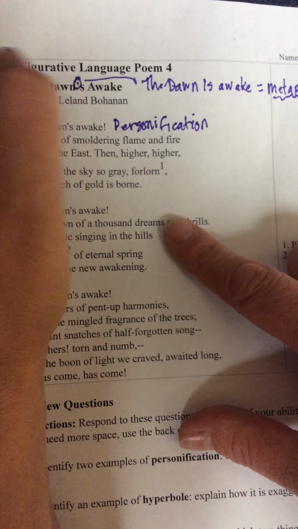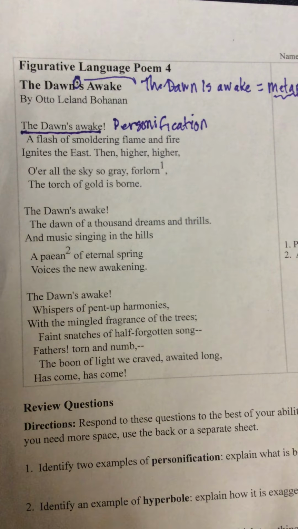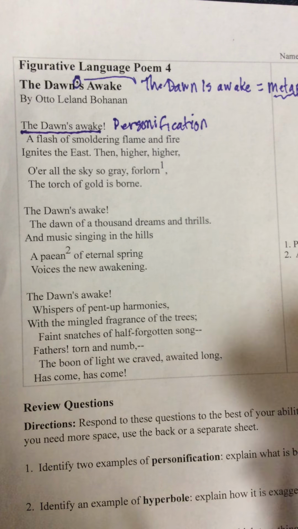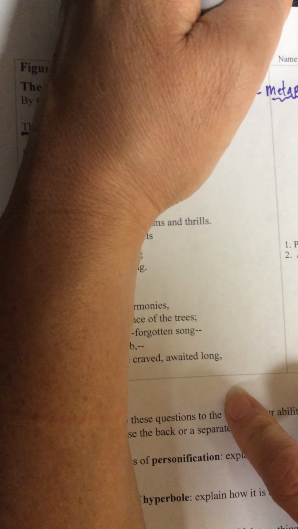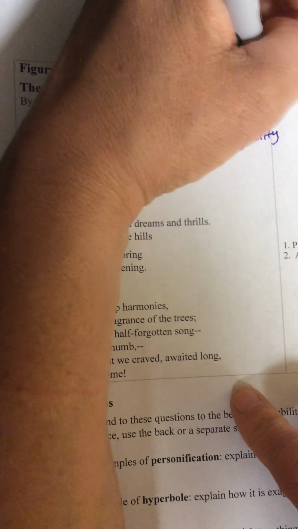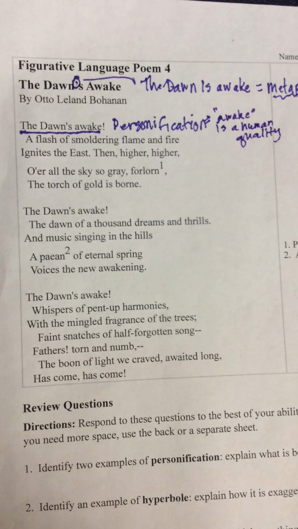So you box in or underline the personification as the directions told you to. Identify the personification, but it also says to explain what is being personified and how. So out to the side, you annotate with an explanation of what you have found. How is this personification? Being awake is a human quality. So this is a perfect way to annotate if you can write on your paper. Sometimes you're working out of a textbook or a novel and you're not allowed to write on your paper.